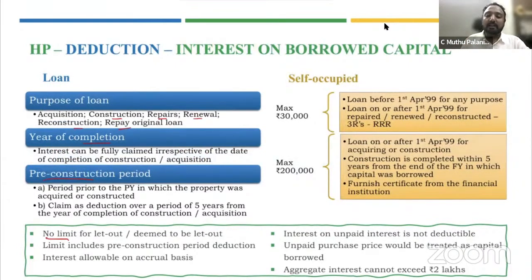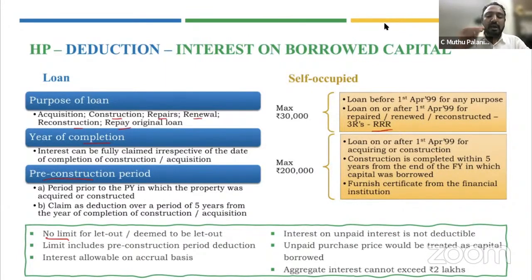But when it comes to self-occupied, there are some restrictions. So when it comes to self-occupied, the restriction is in 2 situations. In the first situation, it is 30,000. In the next situation, it is 2 lakhs. When is it 30,000? When the loan has been acquired before 1st April 1999, or if it is after 1st April 1991, but it is for